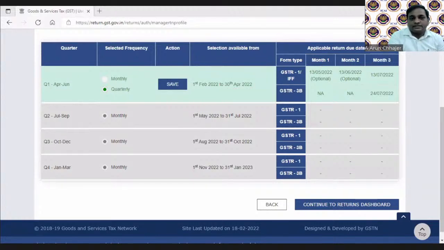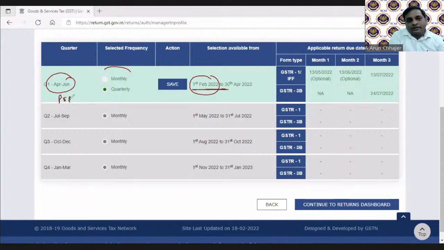It means simply I will click here and click on the save. My option would change. And when this facility would be started, it would be started 3 months in advance. It means it will be started from 1st Feb. In other words, I can say